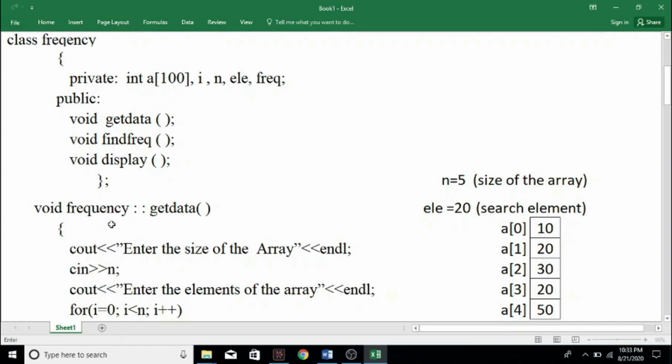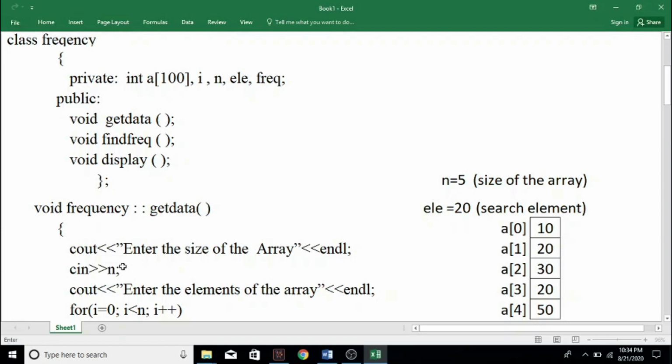Now let us see the first function, that is getdata. How will you define the getdata function outside the class? Using the member function outside the class syntax. That is, void is the return type, frequency is the class name, this is the scope resolution operator, and this is the member function, and no arguments are passed here.